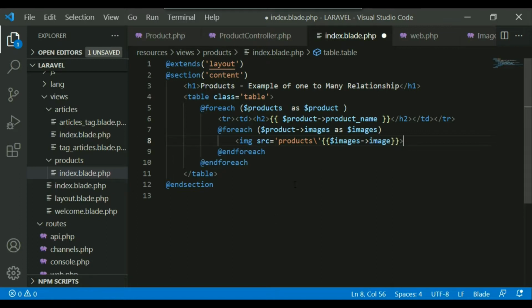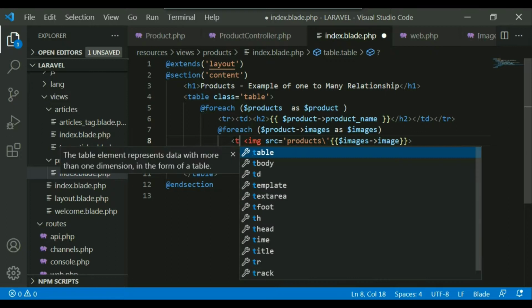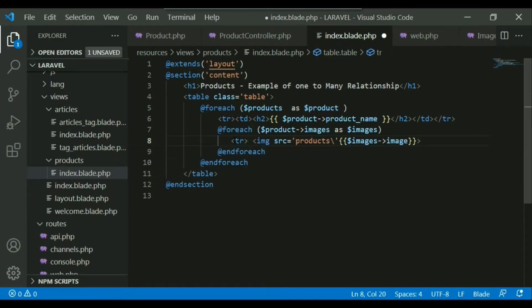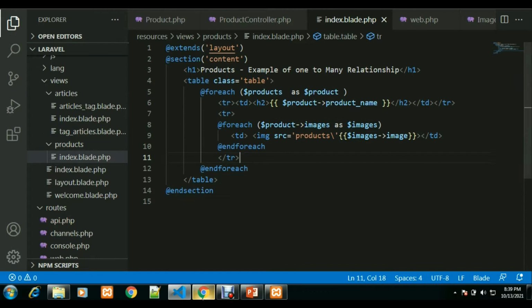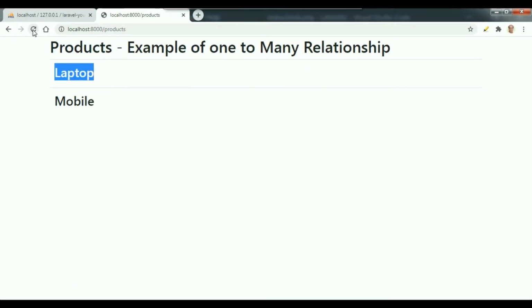And you just do one thing, tr and td, and close td, open this tr outside this loop and close it after the loop. Okay, fine. Let's go to the browser again and check whether it is working or not.